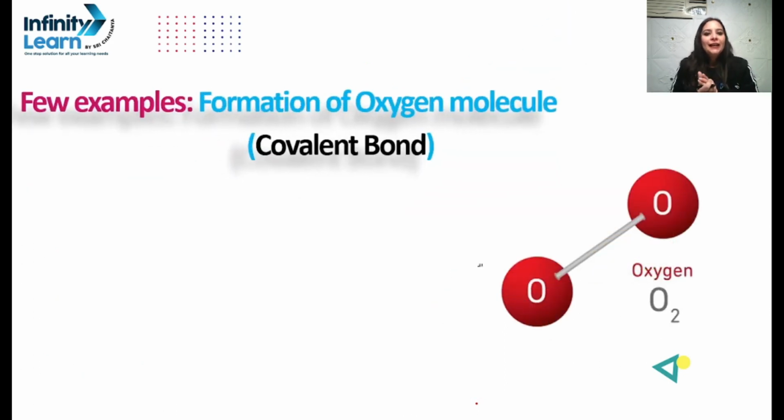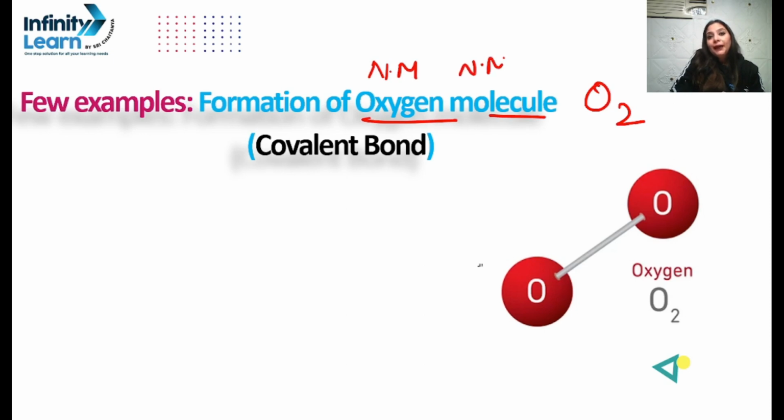Okay, another example, let's take one for covalent bond. Now how did I come to know that here the covalent bond will be formed? Because I'm talking about the oxygen molecule, that means O2. Oxygen is a non-metal. So when two non-metals combine, we know that they get combined with a covalent bond. So oxygen and oxygen,